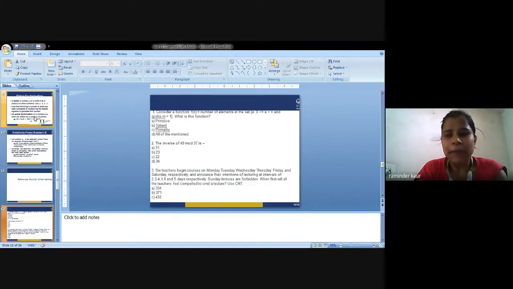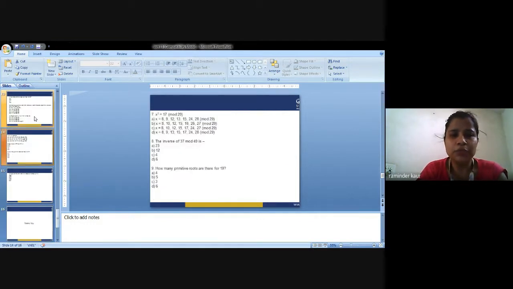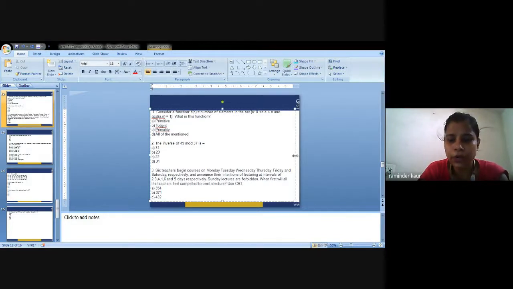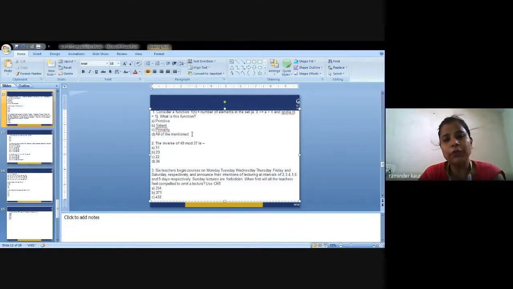Next, MCQs are given for your understanding, to assess your understanding. So 10 MCQs are there. You are supposed to do the 10 MCQs, and in the end you are supposed to submit the answers to me via my email ID. Or if you do not understand anything, then you can ask me, because all the MCQs are related to today's lecture, and they are quite mathematical, and they require patience and your time. So it is not the task of 10 to 20 minutes.